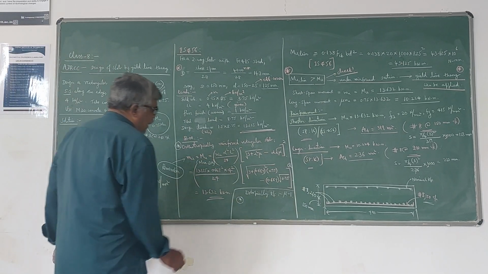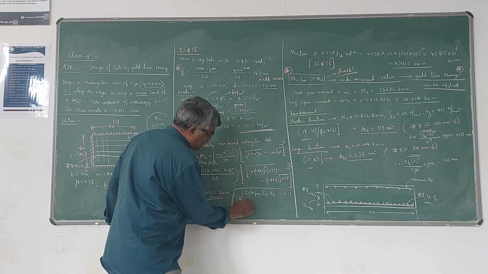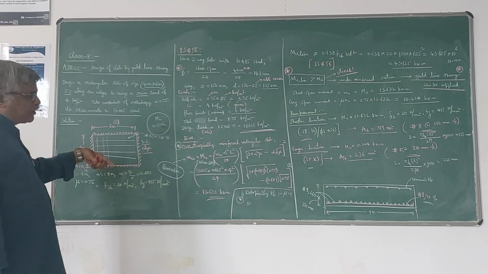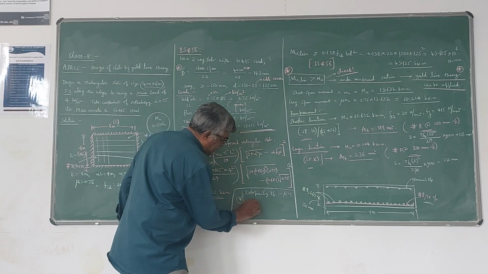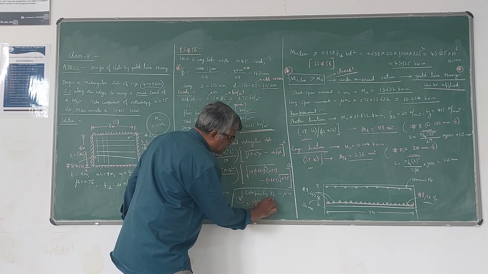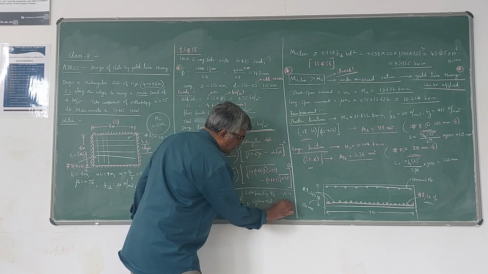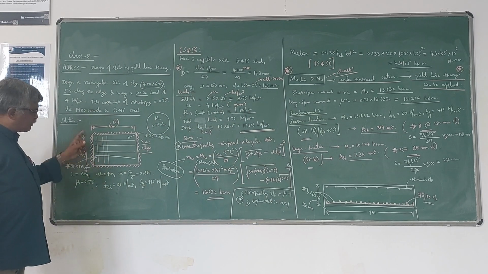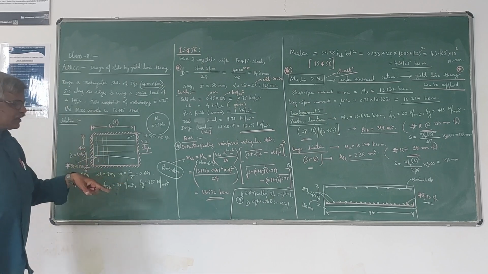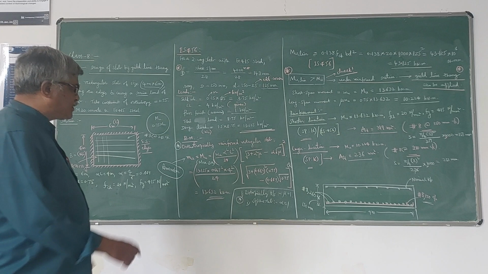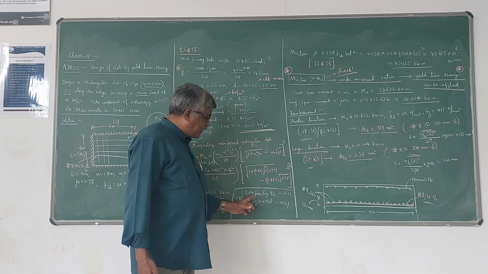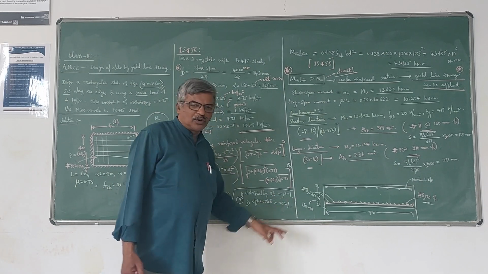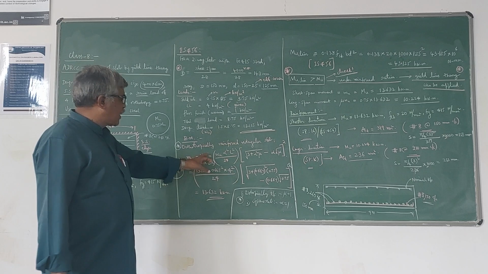Please remember that. And the second point is, suppose it is a square slab. A square slab is also a two-way slab because L is equal to B, the L by B ratio is equal to 1. If it is a square slab, then the value of alpha will be equal to 1, because alpha is the ratio of the shorter span to the longer span. If both spans are equal, then alpha becomes 1. So if it is both isotropic and square, then you have to take mu equal to 1 and alpha equal to 1 in this formula, and you have to calculate m.